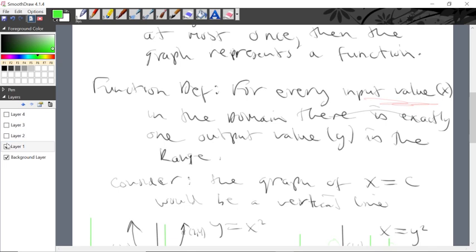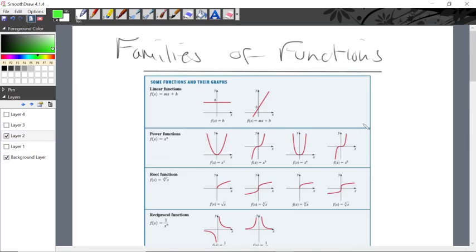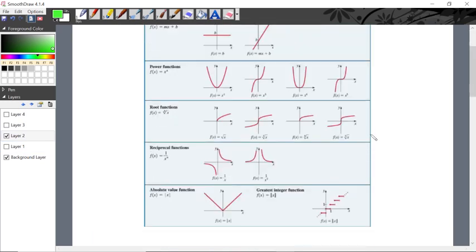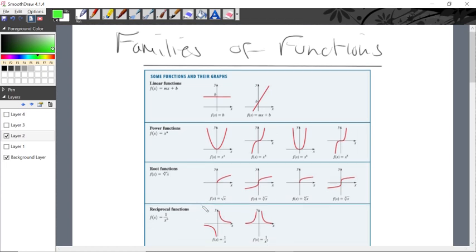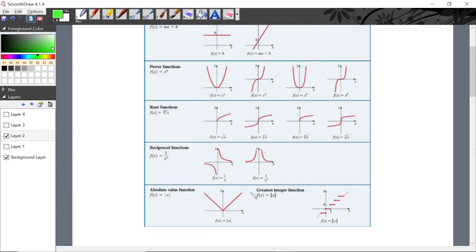Okay, so now let's take a look at the families of functions, a brief introduction to some of the families of functions. Here are several of the families of functions. So we have linear functions, the power functions, root functions, which we can also call radicals, reciprocal functions, the absolute value function, and finally the greatest integer function,